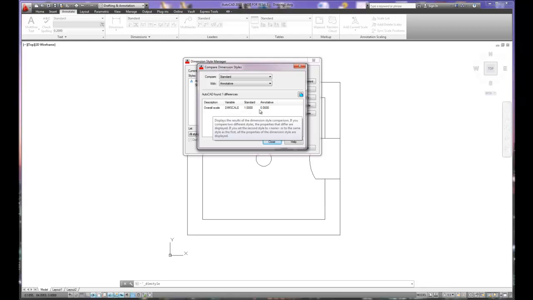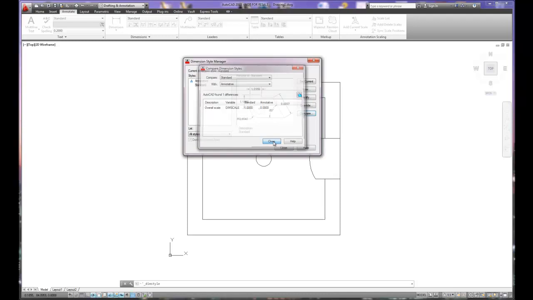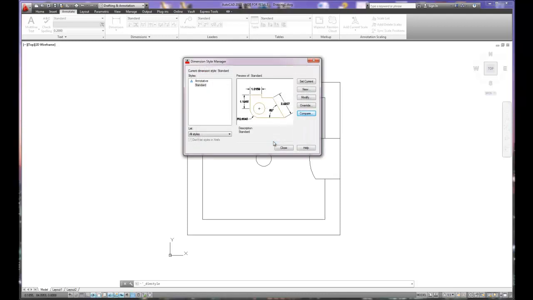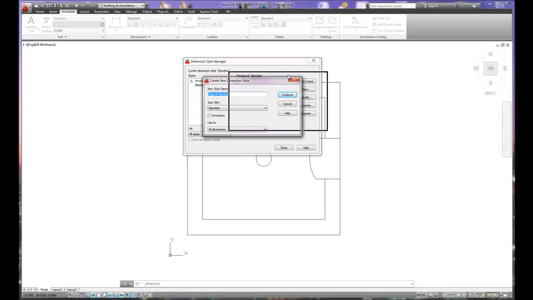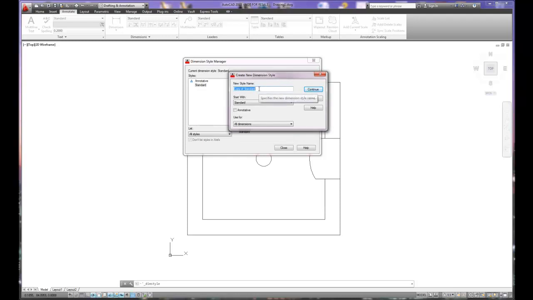It's 1 in standard and 0 in annotative, meaning that annotative will automatically update it based on the output. So you can compare multiple styles that you create. If I choose to create a new style, I can choose new, and copy of standard is the default. It's going to copy the current standard one, and we'll put this as custom